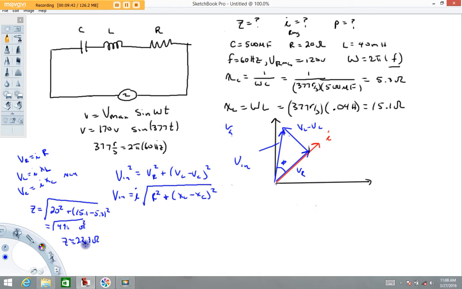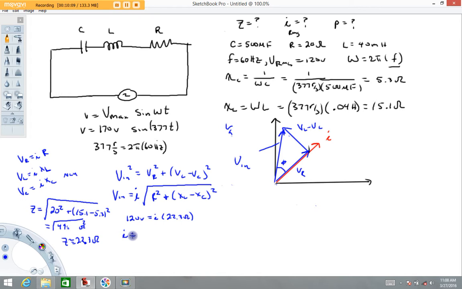All right. We now have enough information to get our average current here. What we can do is I'm going to take my input voltage. Now I want an RMS current, so I'm going to use the RMS voltage here. So this is going to be 120 volts equals I times the impedance of the circuit, which we just calculated to be 22.3 ohms. So I_RMS is going to equal